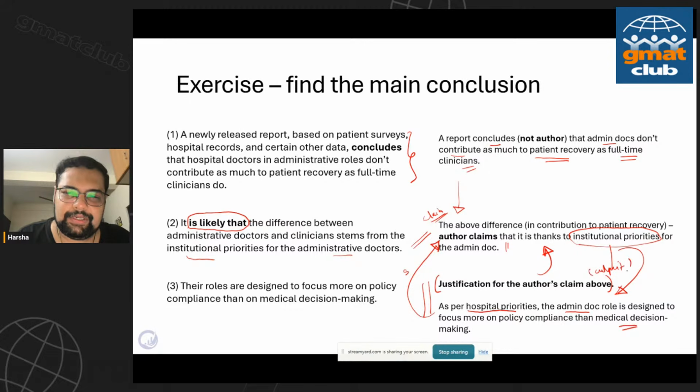So for those of you who did not choose 2 as the main conclusion, I hope it is clear. One of the key ideas here is, just because you see what looks like a keyword, don't jump to conclusions. You have to employ reasoning to figure out why 2 and why not 3, right? Manan, I was very happy to see you change your answer to the correct one. So you realized something. That's pure gold. Good. One is factual. You're right. So everybody clear on this? Can I move on?